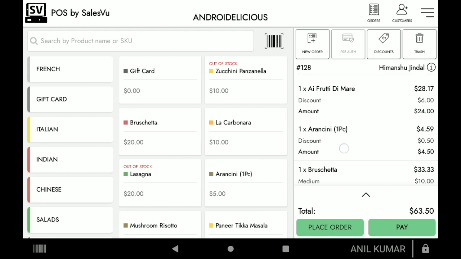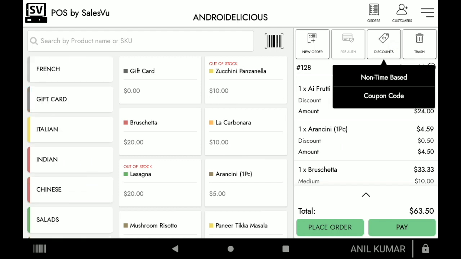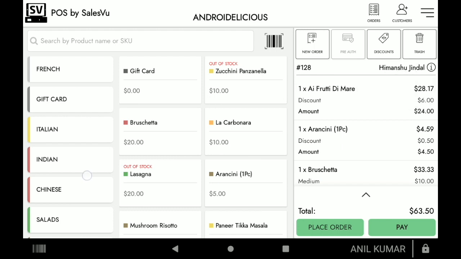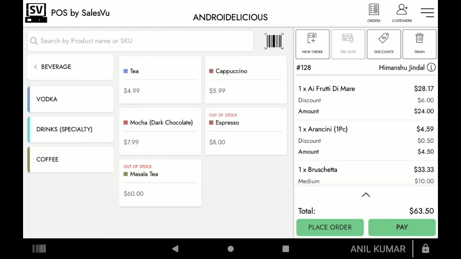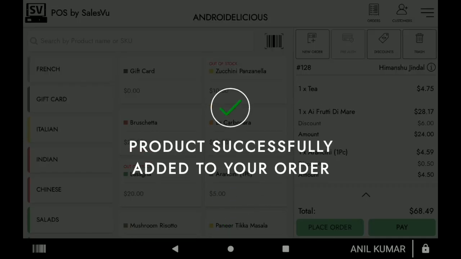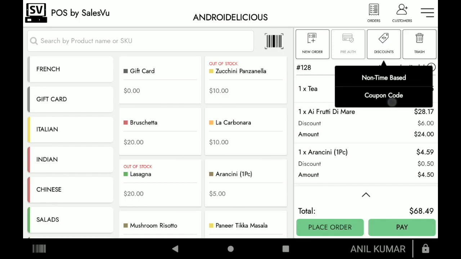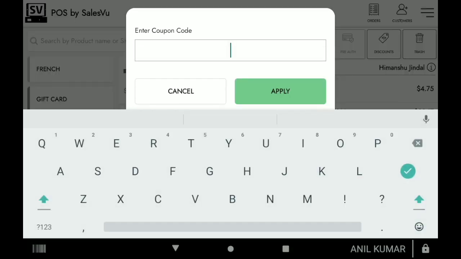Now talking about discounts, I will also show coupon codes. So you can create coupon codes for a certain category or products. In this case, I will be showing a coupon code for the drinks. So I'm going to go right here to the drinks category, add some products, and now I'm going to insert a coupon code. This could be any number or any